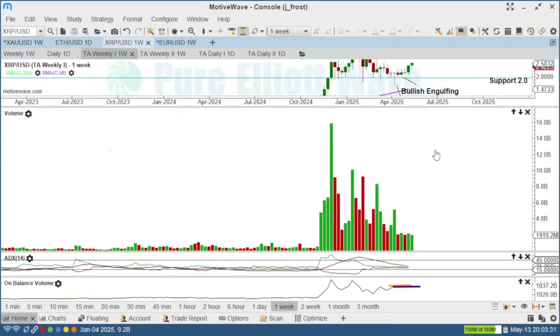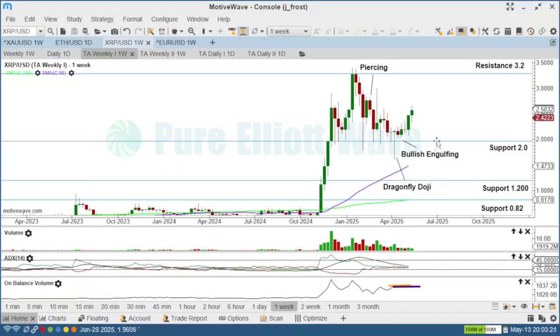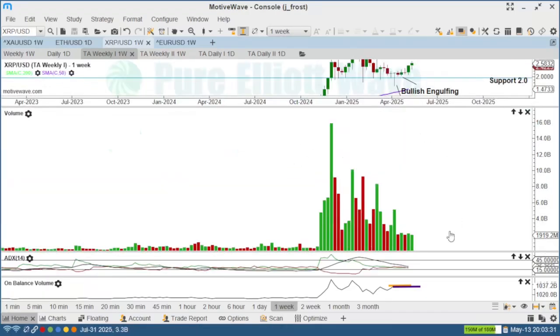On the technical weekly chart, price has continued to increase, this strong bullish candlestick that we can see a bit more clearly on this chart. After this last low here, where price tested support at 2.0, as in the last video, volume continues to decline with increasingly weaker pushes, though we do overall see strongest volume on the bullish candlesticks, seeing overall volume to support